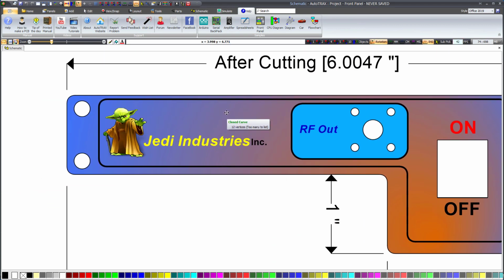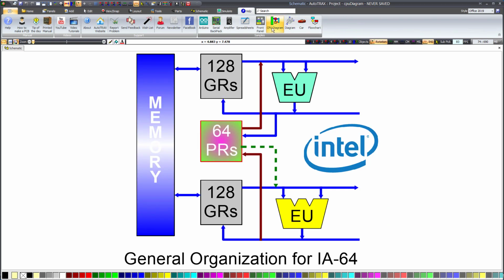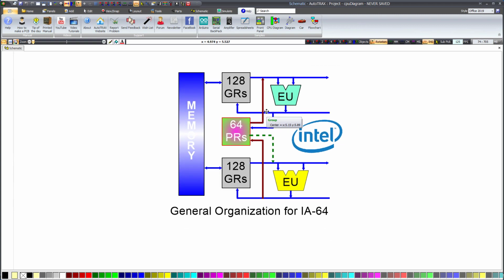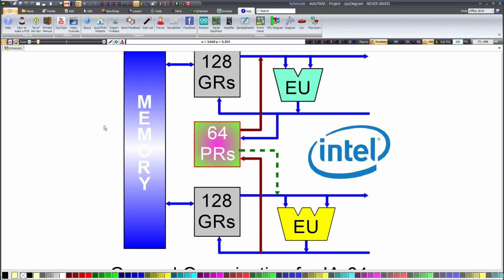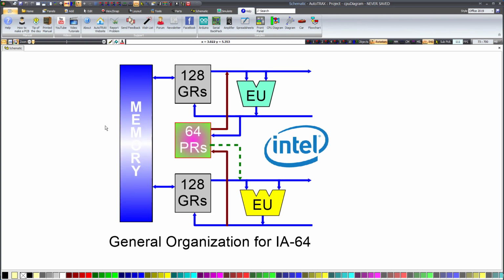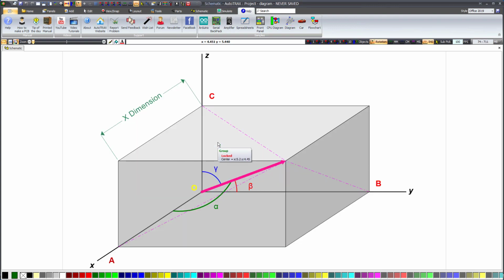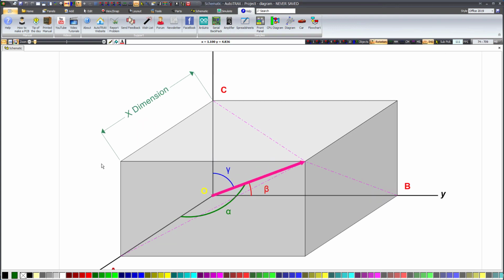For those interested in computer architecture, the CPU diagram project showcases the graphical capabilities to represent a CPU's logical structure. AutoTRAX isn't limited to electronic designs. It can also handle other graphic projects. The Diagram project demonstrates this with various graphics,